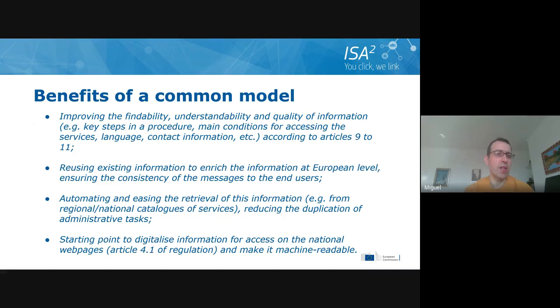This data model, as the first benefit, could help start to digitalize the information and to access this information at national level through the different national web pages, and to make this information machine readable, of course, to automate the display of the information, and the gathering, the collection, the harvesting, and so on, having a kind of common data model and common template. If we have this data model and the information is machine readable, of course, it helps to automate and to ease the gathering, the retrieval of the information from different data sources,